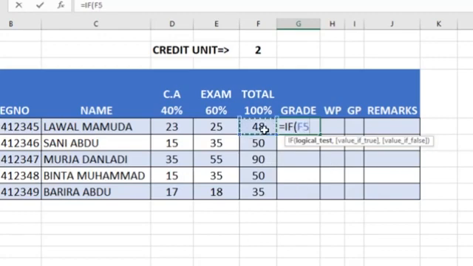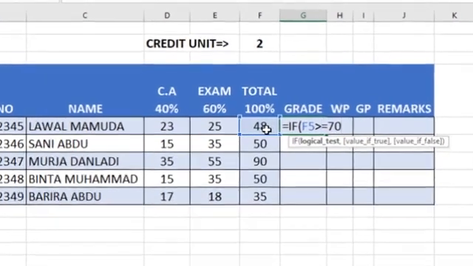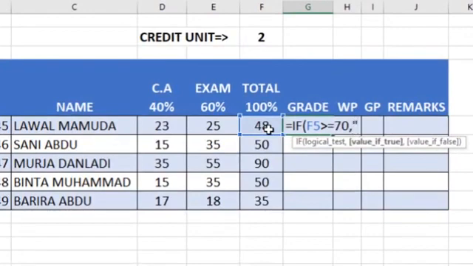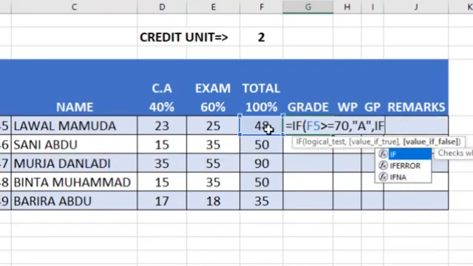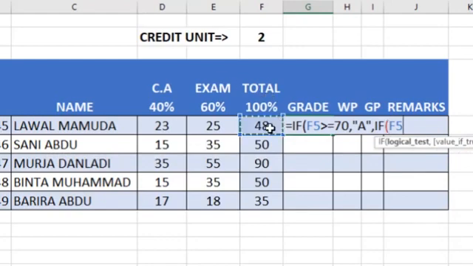The total here is greater than or equals to 70, then put A. If not, check again using if, open bracket, the same place is greater than or equals to 60, then B,